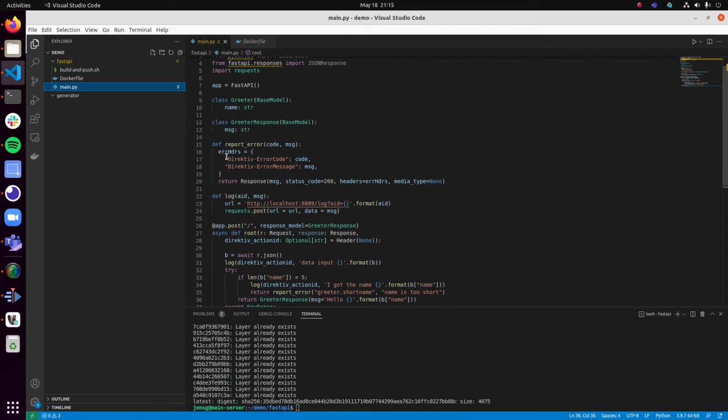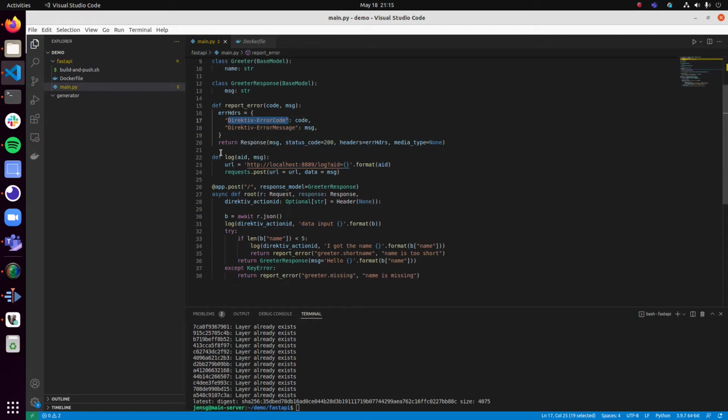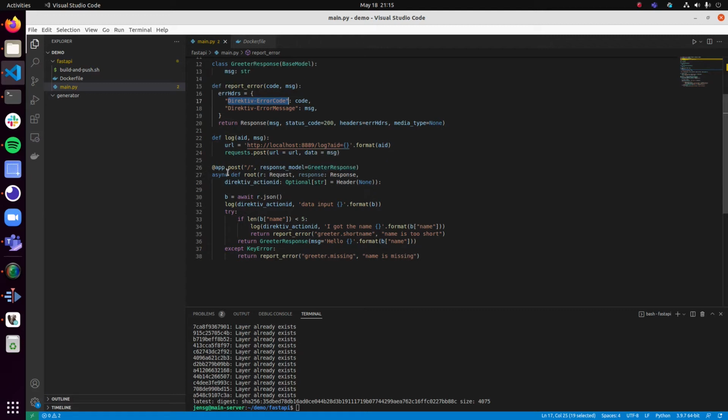And as I said, it's a little function which just sets the two headers and then responds. Then we have a log function which takes the message and logs to that URL, to the sidecar. And then we have the function itself, which extracts the action ID and then logs the data coming in,